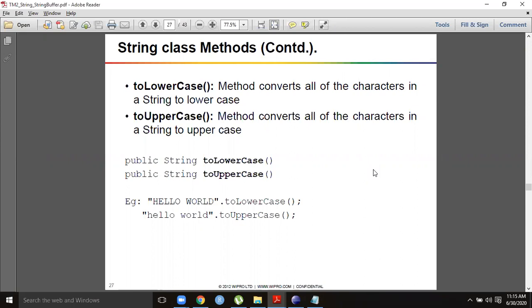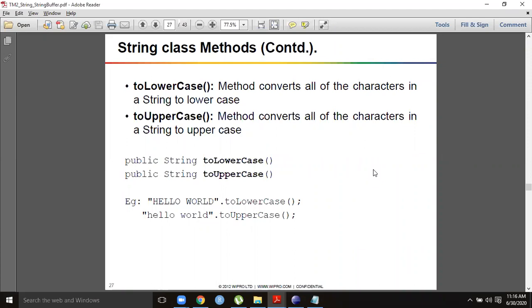By default, it takes space as the delimiter and partitions the entire string into parts: hello, I, am, M, S, N, Murthy. So the individual words of the string I can extract by using the split method. Okay, so the split method is most important. Or if you want something else other than space, you can use another delimiter, a dollar symbol or comma or whatever you want.